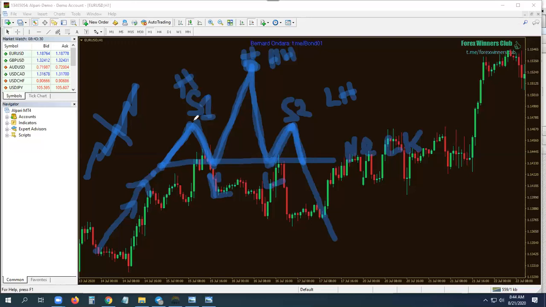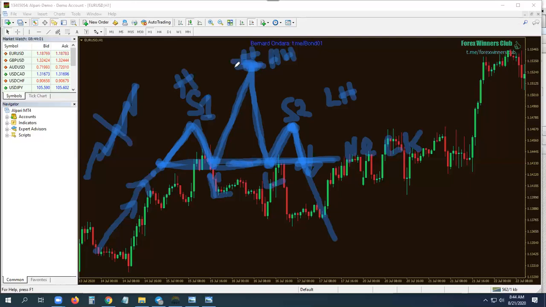From here, it made this high, made this low. It has made this high, it has made the same low. It has made another high, it has come back to the same low. Something is wrong. So how do you trade this? When the market breaks this neck, you enter the trade. You sell. And your take profit would be the distance between this place and your head.